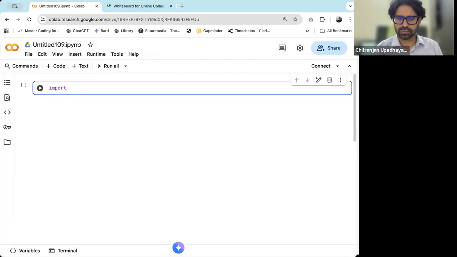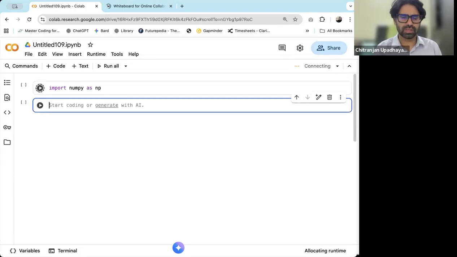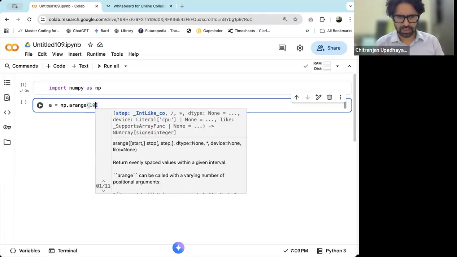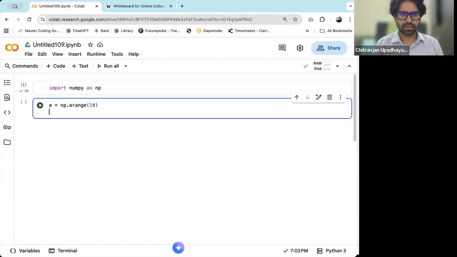So to actually use the capability of NumPy, you have to import NumPy like this. Import numpy as np. To get initialized, it will take some time. Yeah, it's imported in my environment. Okay, folks. Say for example np.arange. Let me use just 10 here. So this would be my A, and B would be say for example np.arange, and I would take 24 for that matter,